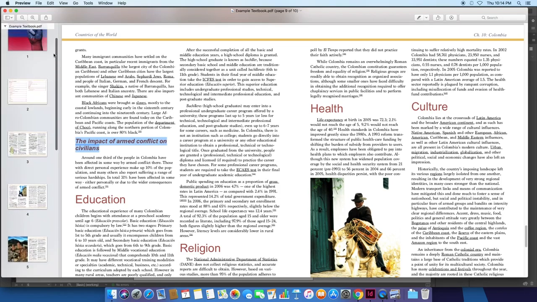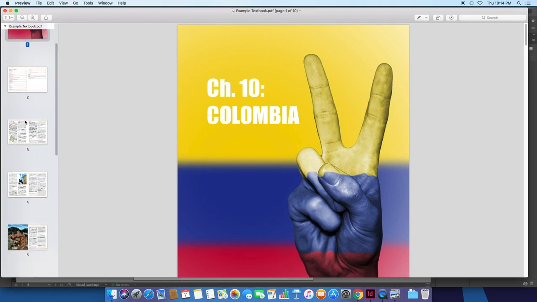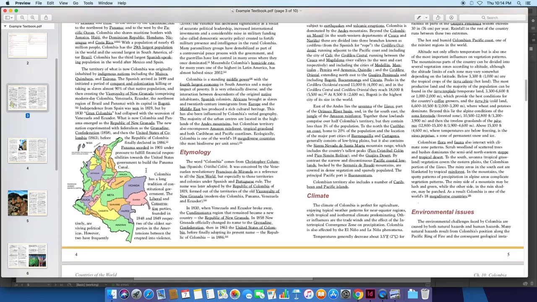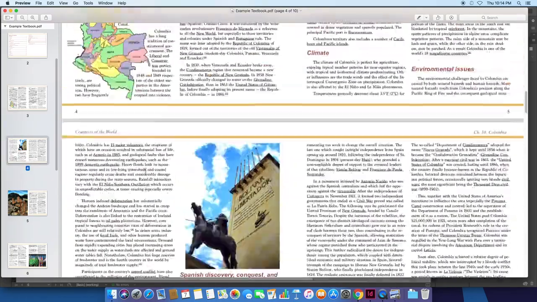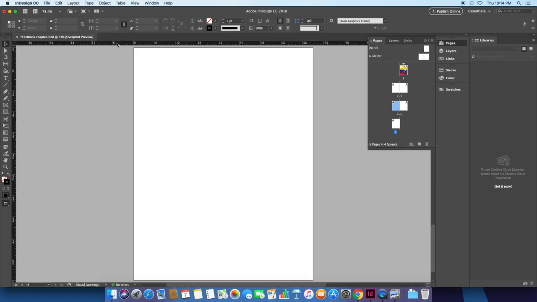If we look at this cover page, we have that, and what we need now is our text. So we can go ahead and place our text just like we learned in day one, and then we can format it into the 2 columns and everything. So let's go ahead and do that by hitting Command D and make sure you're in the right page. I'm going to go to page 2 here, and that's just by double clicking on that little thumbnail of the page. I'm going to do Command D